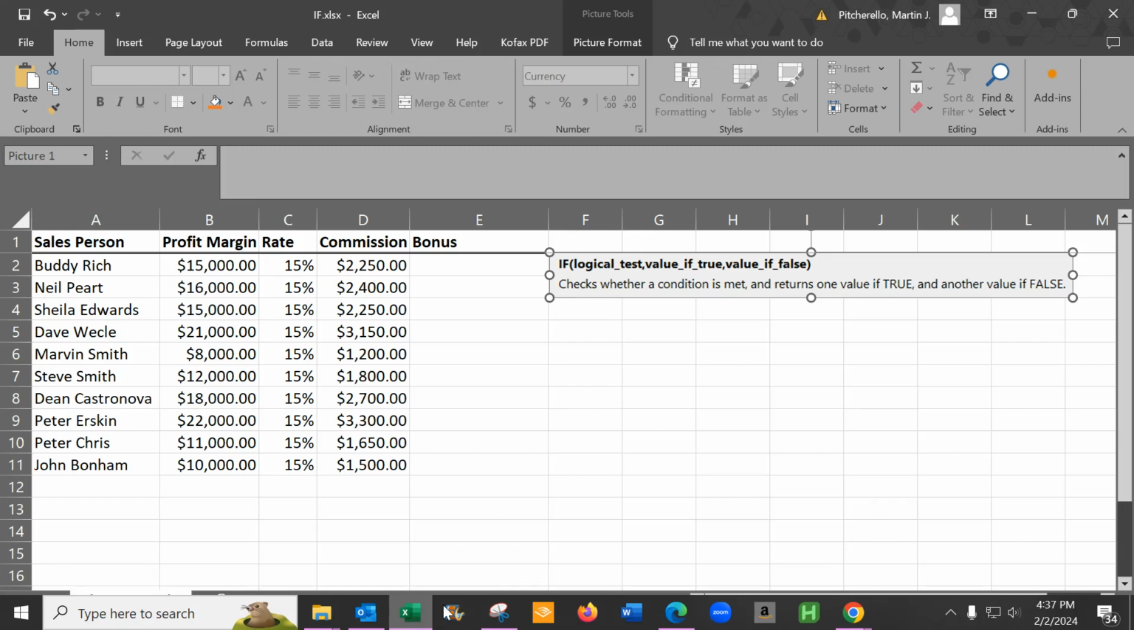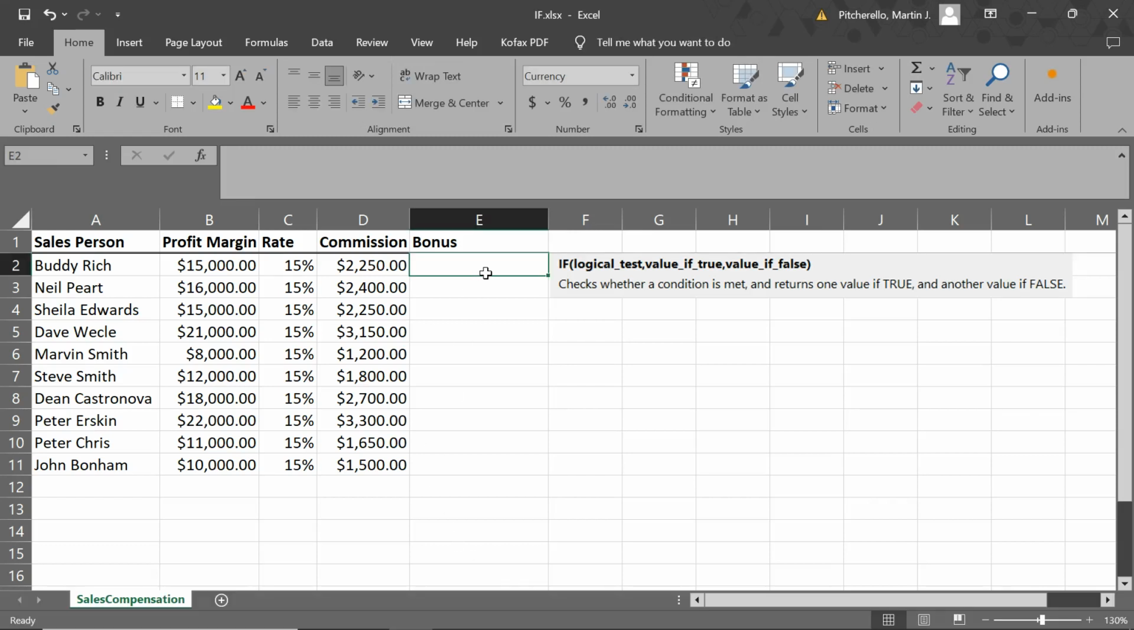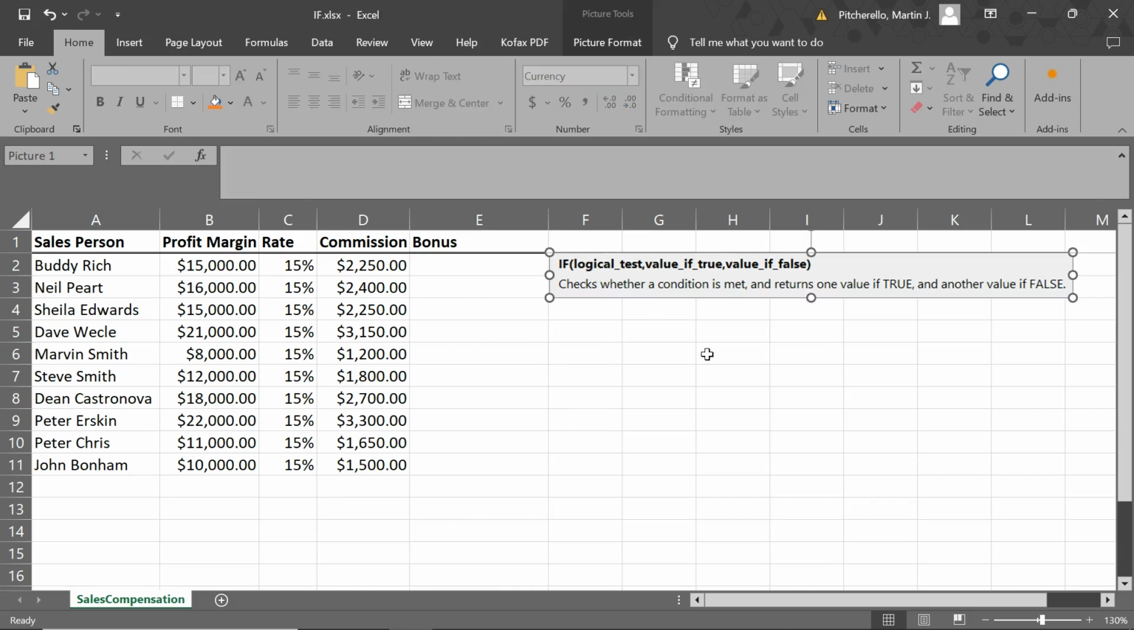So I want to cover the Excel IF function today. First thing I'm going to do is just cover the Excel definition of the IF function. The IF function checks whether a condition is met and returns one value if it's true and returns another value if it's false. The way the IF function is structured is you have the name of the function